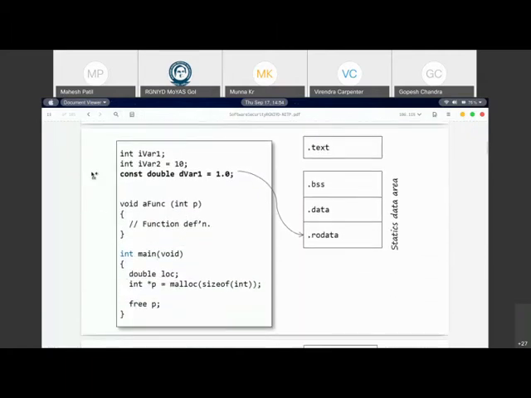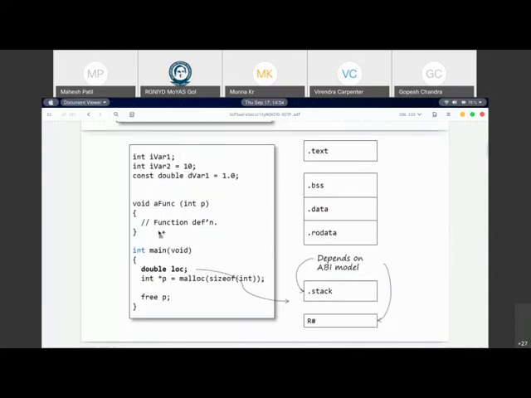Further, you see there is a special variable here, which is a constant. Constants do not change their value, so they go into a special segment typically called .rodata. This would be slightly different in different compilers and platforms, but essentially it means this variable is not going to change its value over its execution.